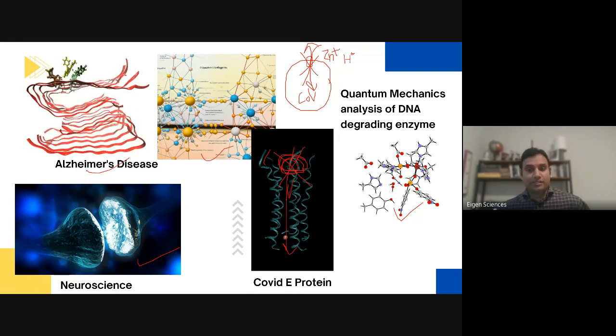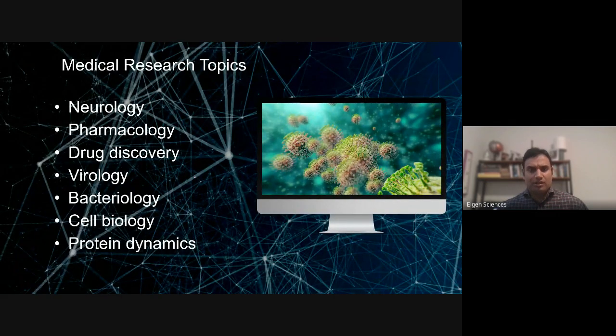We also compared this research, because research is not done by a single person. It is more like collaborative work. We compared with other scientists to see what they have found, and you will be surprised that our research was exactly matching with research work done at MIT. If you are interested, we can share our research paper and the MIT research paper, and we can discuss more about what we have achieved in this specific research topic. But research is not limited to these. There are other topics as well, like neurology, pharmacology, drug discovery.